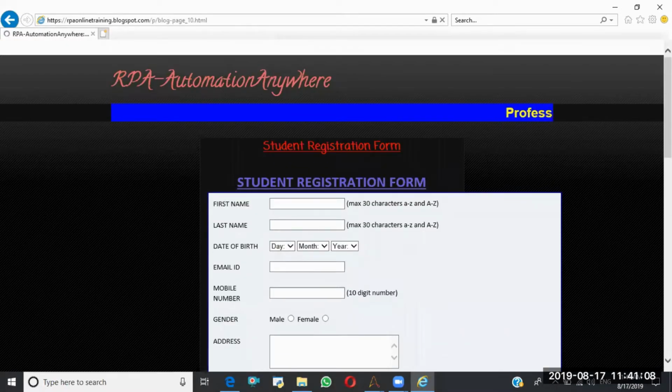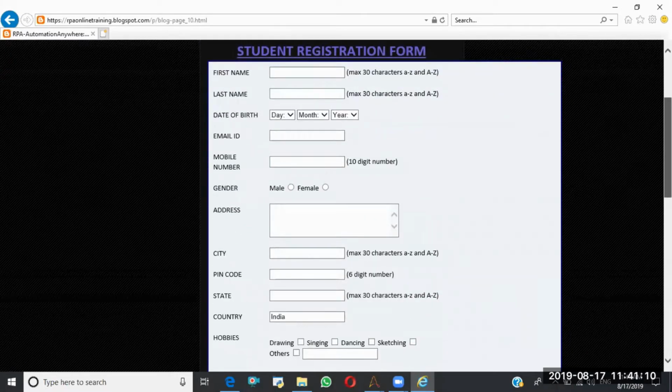So suppose here I have a web page. Assume that I need to update this data with my taskbot. If I want to update the first name, last name, all those things, how many object cloning steps do I need to write? 1, 2, 3, 4, 5, 6, 7, 8, 9, 10, 11, 13, 14, 15, 16, 17, 18, 19, 20, 21.